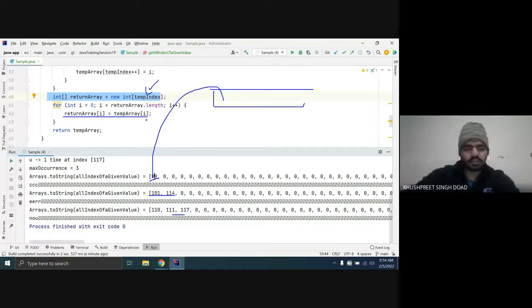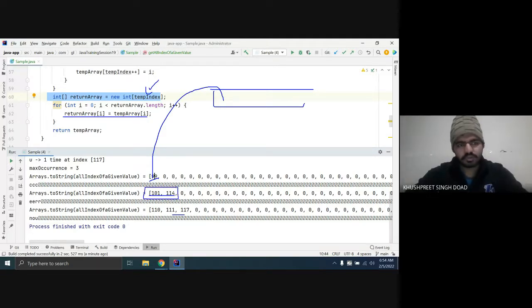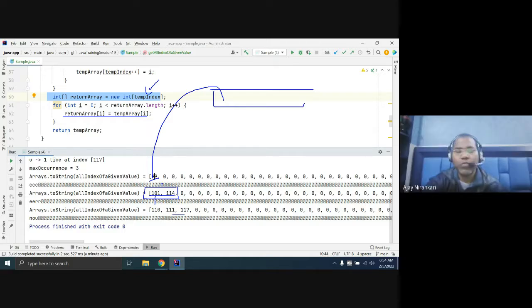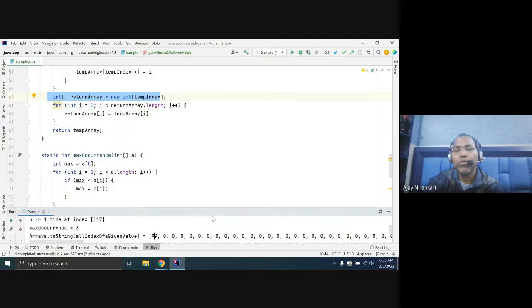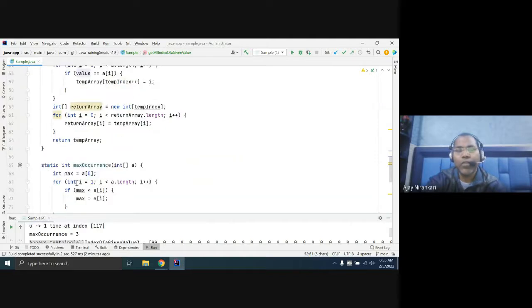Sir, the value 2 occurs at 101 and 114 position. Yes, right. So in line 57, when we pass value 2, first of all at 0 position it's 99, and then temp index becomes 1. So at 1 position it will be 101 or 114. No, no. Just continue. Here you are passing only 2 or 3 at a time, only one value passed, right? So they return from here only 99.